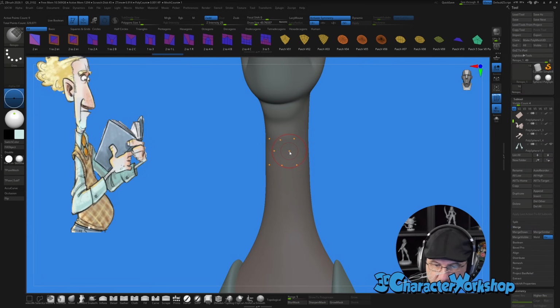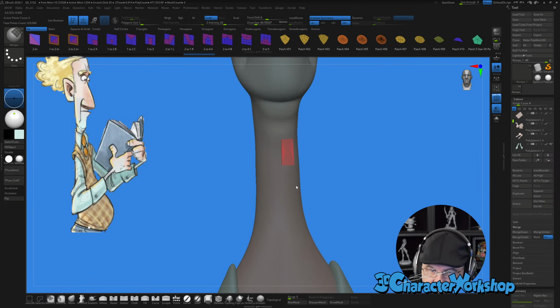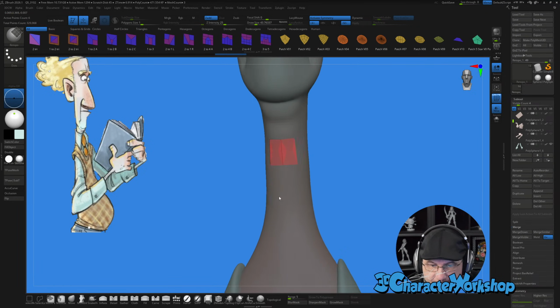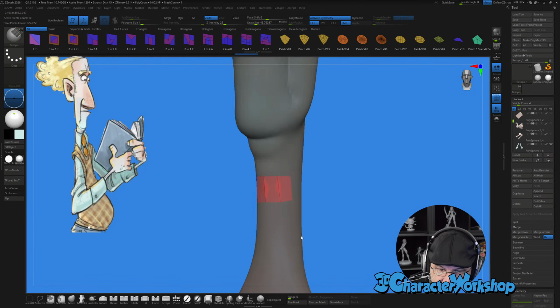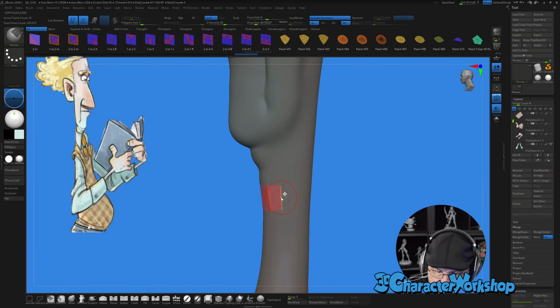And once you have 4, you can hold down spacebar and it'll give you a preview of a quad. And then if you tap on that, it will actually give you the quad. I don't know why it didn't give me the symmetrical quad. Let's go on this side. That's weird. Let's see if it'll do it. Is it symmetrical? Yes. I don't know why. Okay, so now I have that. I can do it again. I can make 2 more dots, hold down spacebar and click. And this time it gave me the symmetrical quad, which is great. Or I can hold down Alt on an edge and pull it out like this.